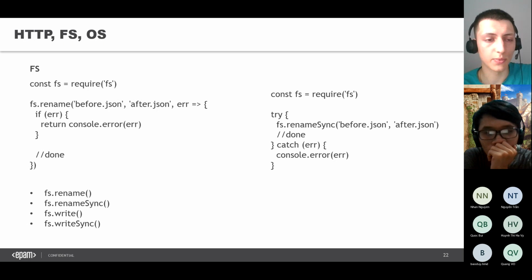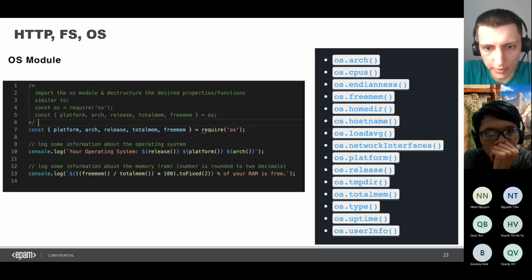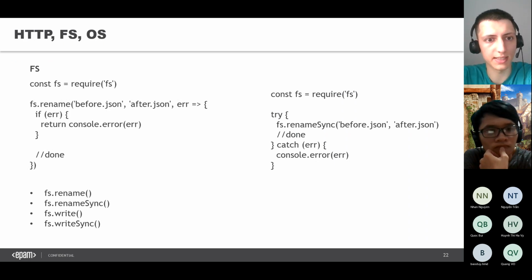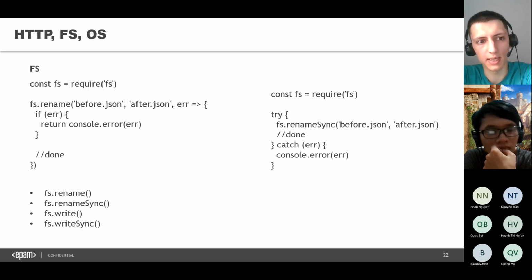So it means that if we, for example, put some code after this rename and read the file name, the file name will still be the old one, because this is an async approach where we just provide the callback. But in newer versions of Node.js, there is fs.promises and then the name of any method, for example rename.